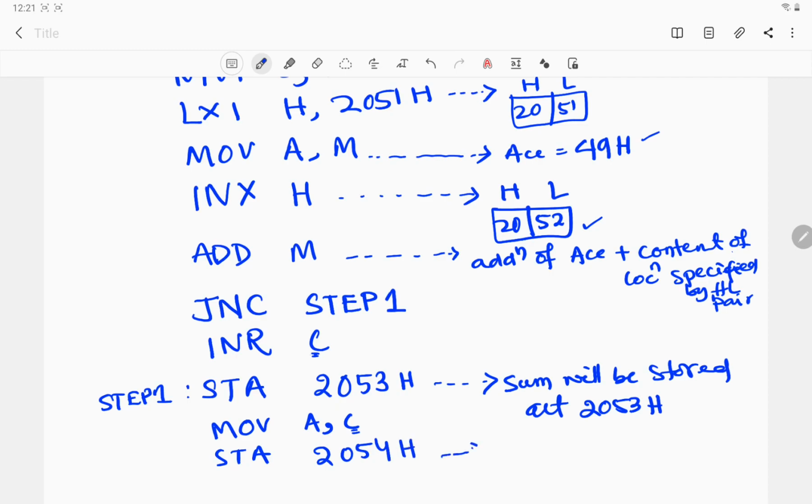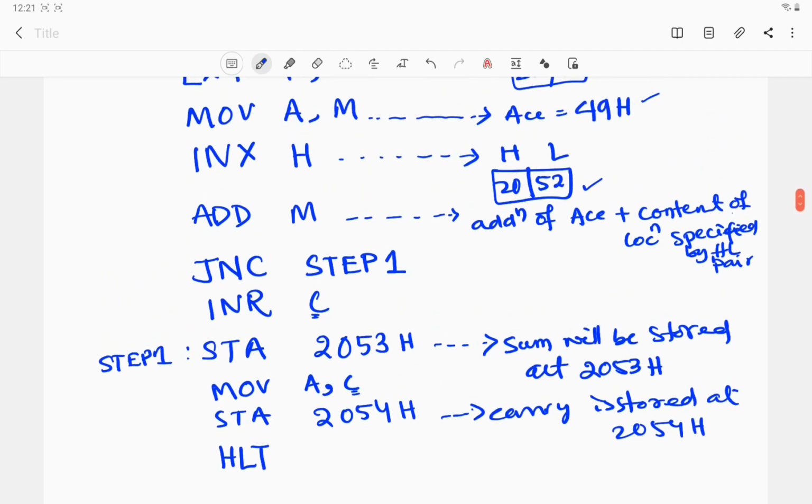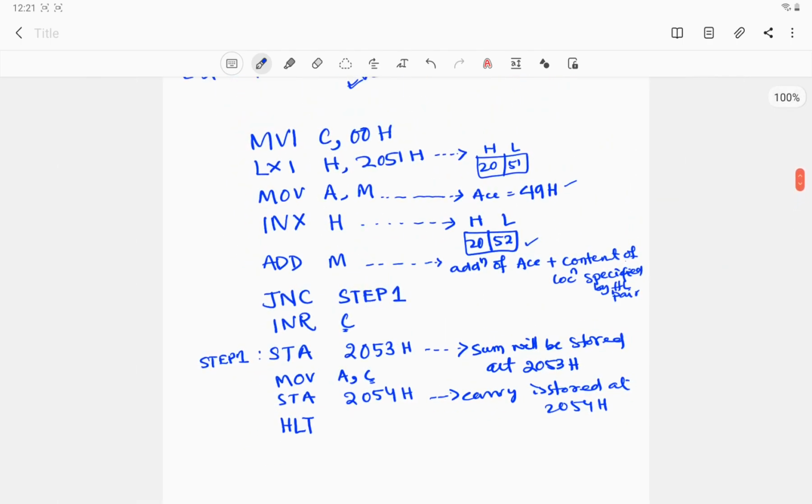So now I can say the carry is stored at 2054H. After this we have accomplished our goal, and then we have to write HLT, that is halt, which means we have reached the end of this program. So this is the complete program.